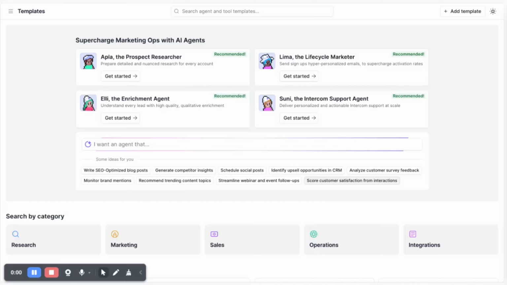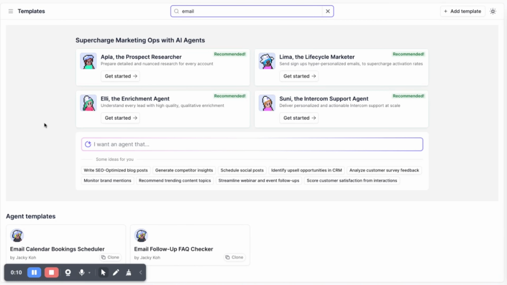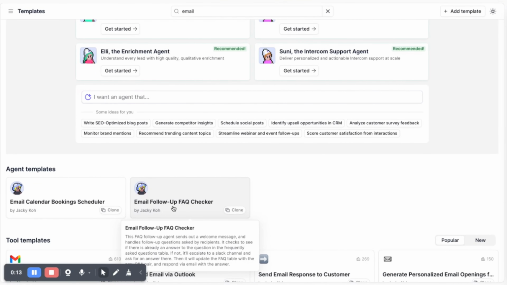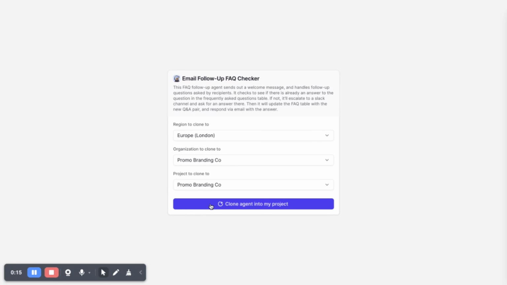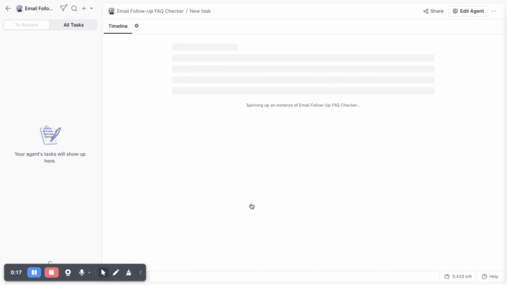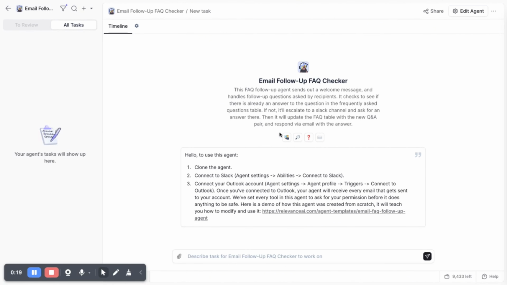Let's jump straight in. Okay, so the first thing that we want to do, we want to find the template because we're going to work from a template within Relevance AI. So type in email. This is the template here, the email follow-up FAQ checker. So we're going to clone this into our project. And what you're going to see here, you've got a number of tools. We've got escalate to manager, find answers in FAQ table, add FAQ entry to your knowledge base, and send an